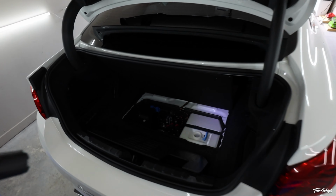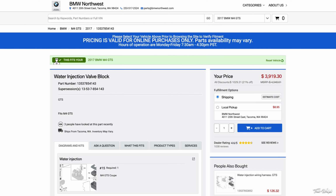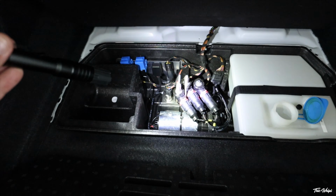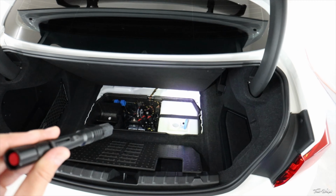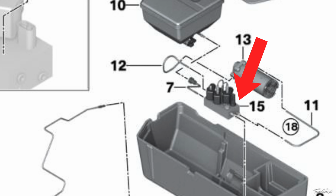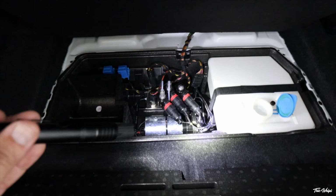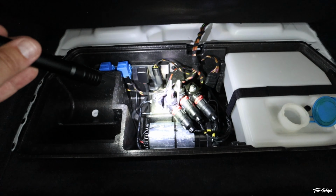And if I had to pay for one of these water injection blocks, it would be extremely expensive. I think the part alone is like $3,500. I've seen quotes from BMW for $5,000, $6,000 to do this job. And the new block that they actually use in this car is a different part number. So BMW probably knew that there was some sort of issue with the first round of blocks for this injection system. They created an updated version of it, and they would replace it under warranty if your car was in